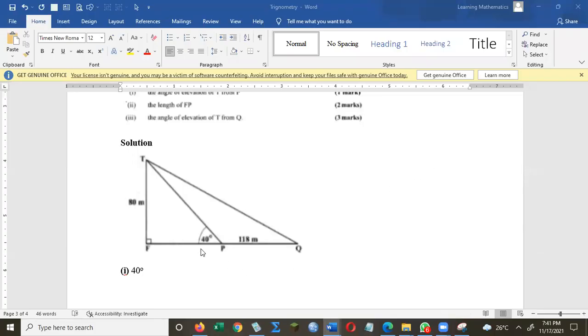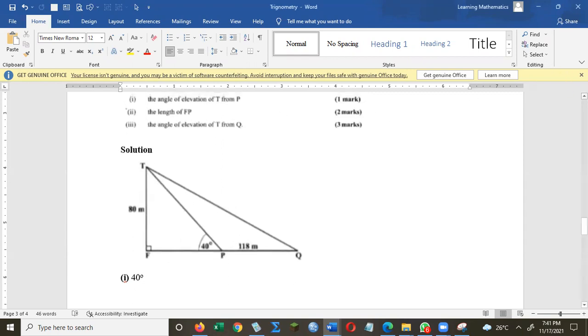Right? So the angle of elevation of T from P is 40 degrees. That's the first question. The angle of elevation of T from P is 40 degrees. So we move on to part 2. Part 2 says,